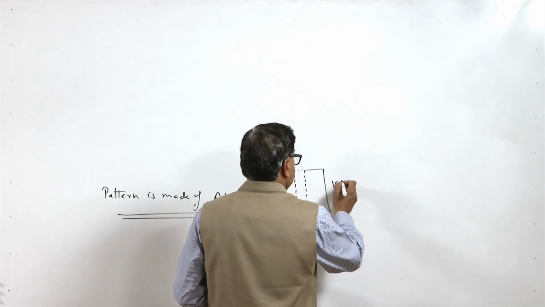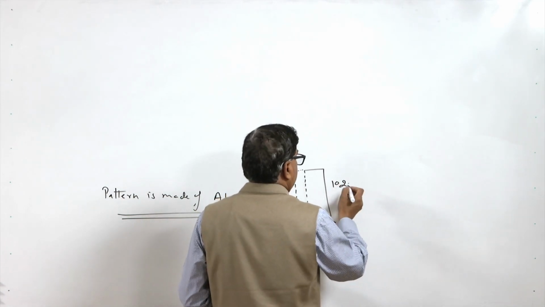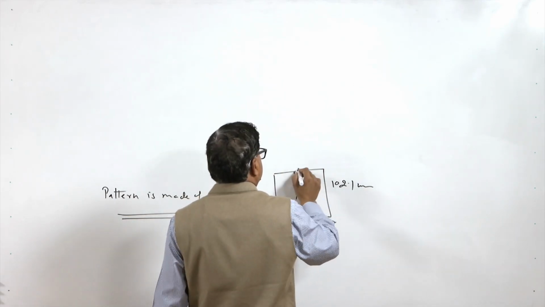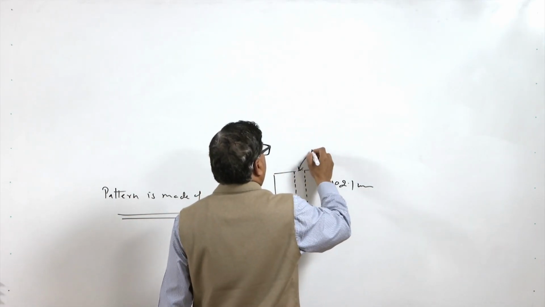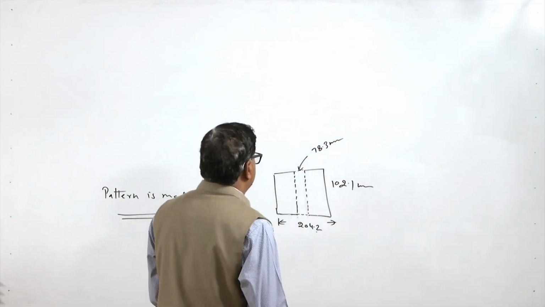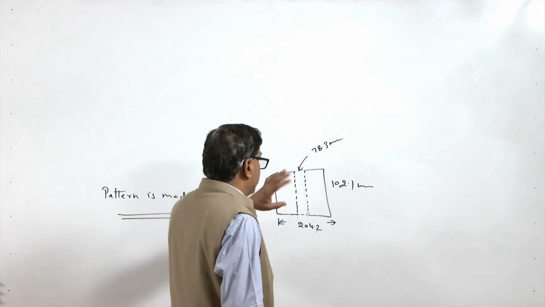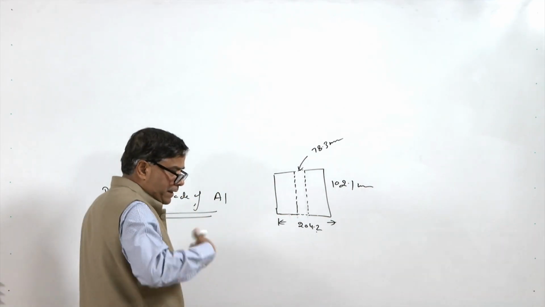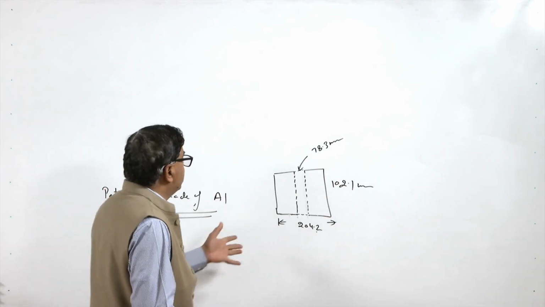This dimension is 2.1 mm, and this is the reduced size of the hole, and it is of the 78.3 mm. Say these are the three dimensions in the front view we have taken of the earlier one. So these are the dimensions which we have got after applying the shrinkage allowance if the pattern is to be